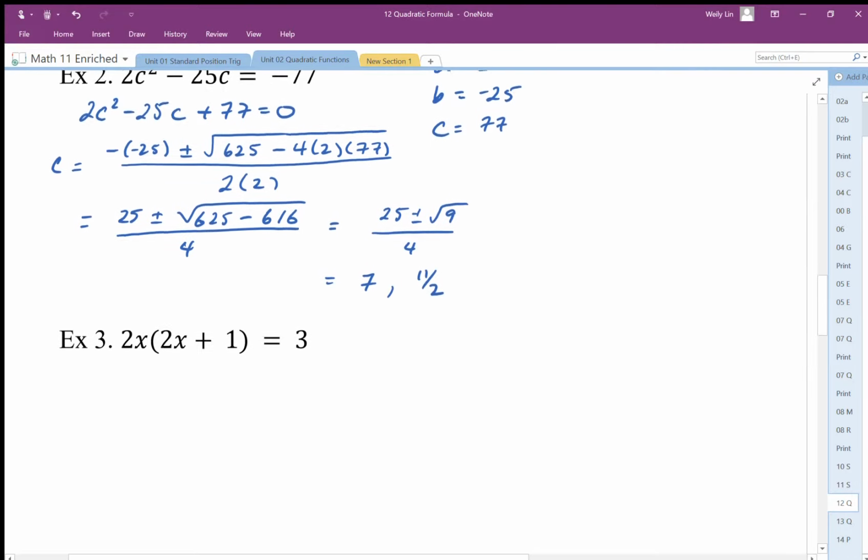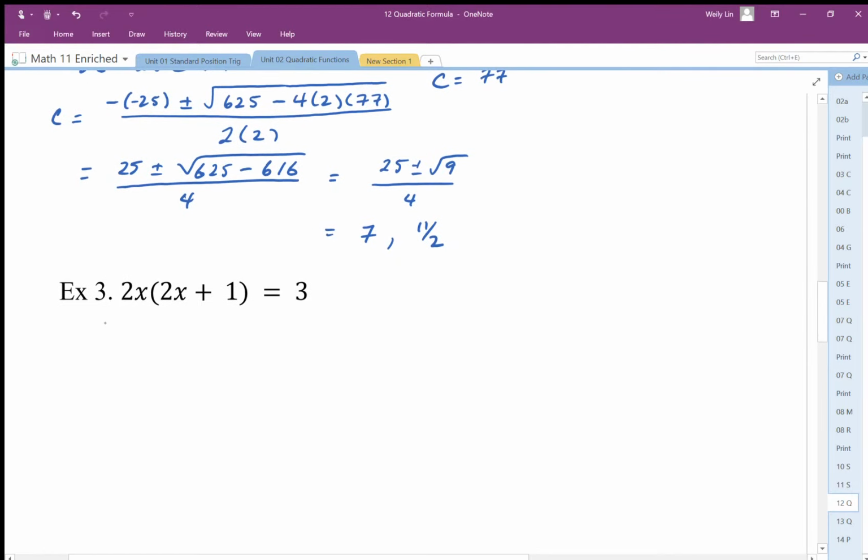Again, here we want to get rid of the brackets. 4x squared plus 2x. Make it equal to 0, so do minus 3 on both sides. Identify our a, b, c. So a is equal to 4, b is equal to 2, c is equal to negative 3,